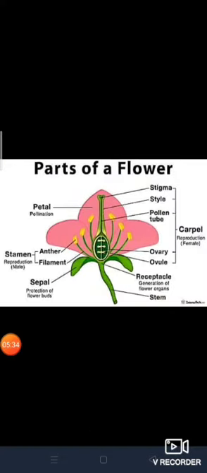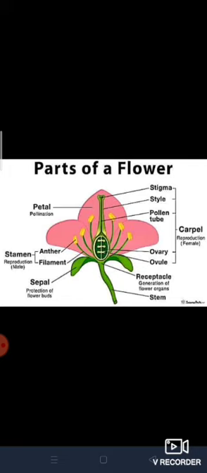So children, in the next class we will know about the two most important parts of a flower, that is androecium and gynoecium. Androecium is the male reproductive part, gynoecium is the female reproductive part of a flower or of a plant. Okay, so we will know it in the next class. Hopefully before this we will be in our online class, then I will explain the complete parts of the flower there. I will bring the hibiscus flower and I will show you the parts of the flower there in the online class. Okay children, then you will understand it properly.